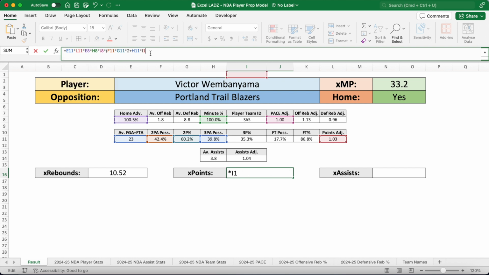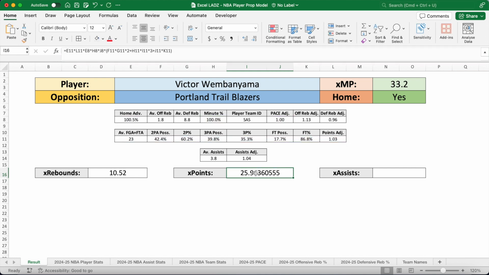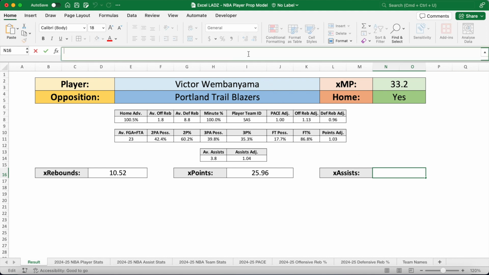multiplied by I11 multiplied by 3, which is the expected number of successful 3-point shots plus J11 times K11, and then multiplied by 1, which means we don't need to do anything. So close the bracket and put that to 2 decimal places. So Wembanyama is expected to have 25.96 points in this formula, and then the expected assist formula in N16 is